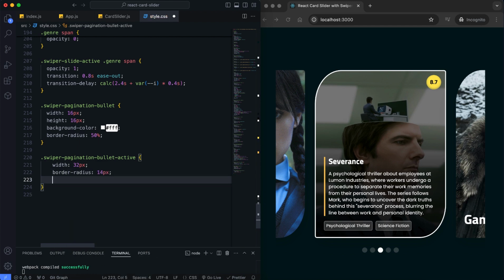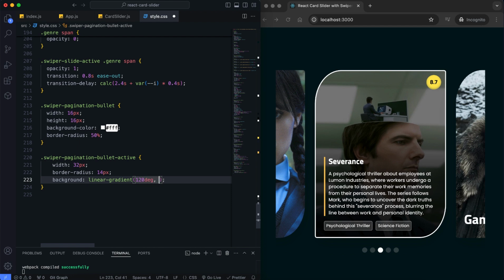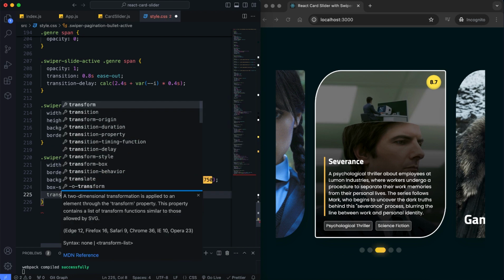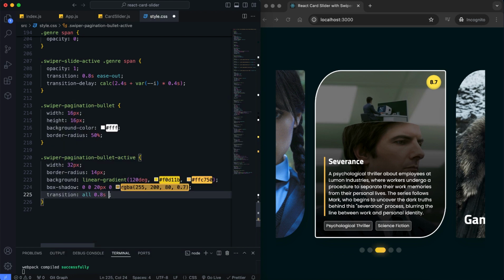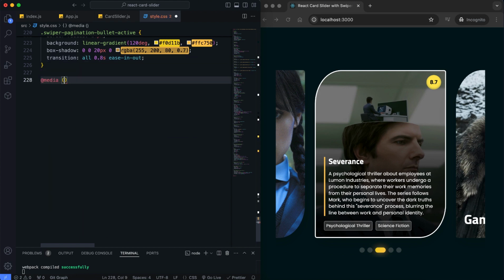So it is highlighted to indicate the current slide, improving navigation and user experience in the slider. Finally, I add the media queries to make the slider responsive.